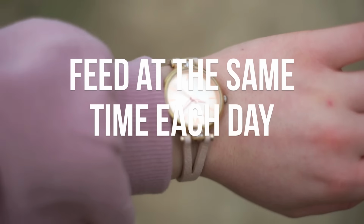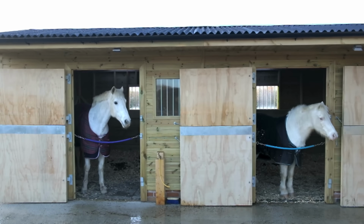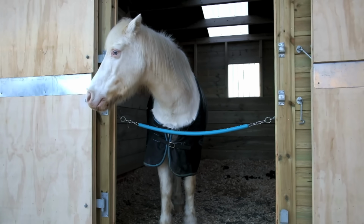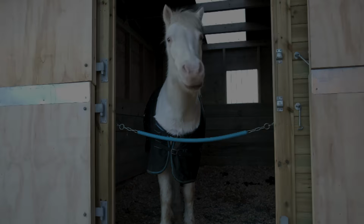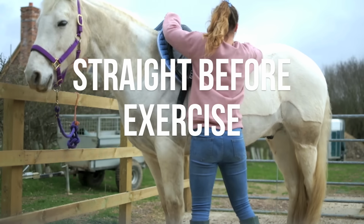Feed at the same time each day. Horses are animals of habit and like to have things done at the same time each day. Due to the size of their stomachs, it's also better to give them 2 small dinners rather than 1 big one. Never feed straight before exercise